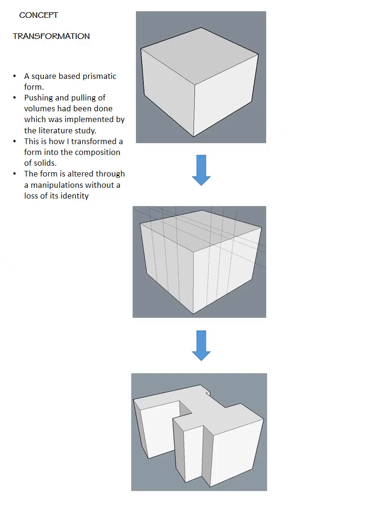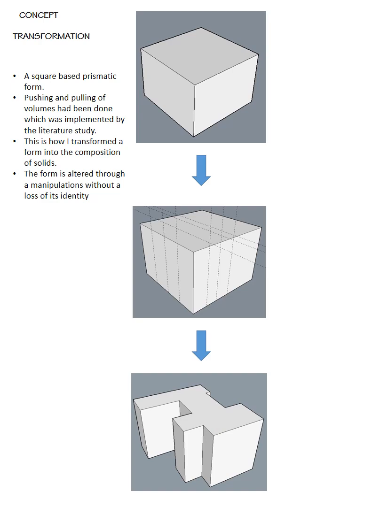I call the concept the transformation. I imagine the site to be a volume. So a square-based prismatic form is achieved by adding volume to the square site. So pushing and pulling of volumes has been done, which was implemented from the literature case study. So the connection between the form and the nature has been done by giving provision for the green space,